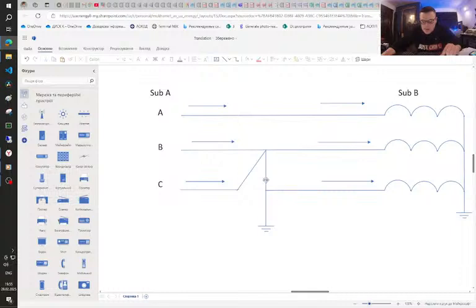So one moment. We usually simplify the picture, but we have to remember that we have arc resistance,